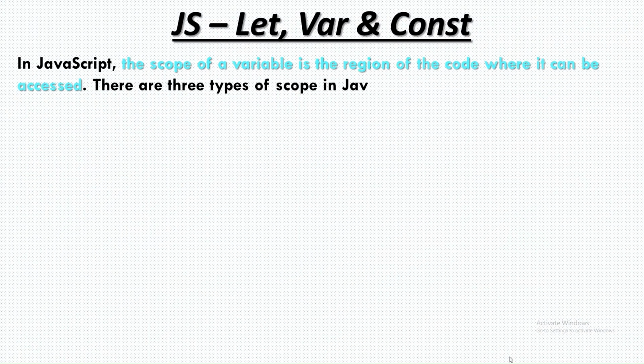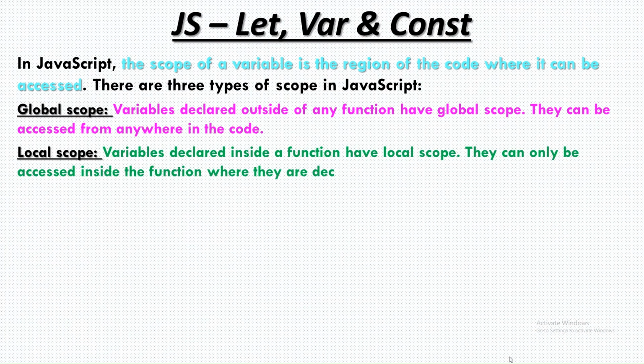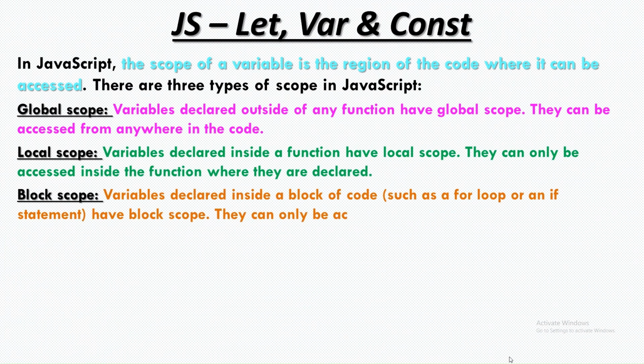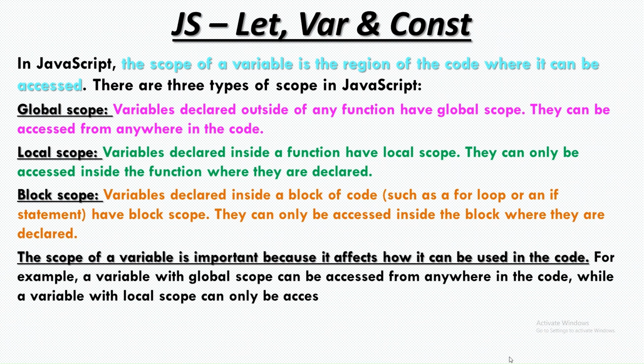Now, in JavaScript, the scope of a variable is the region of the code where it can be accessed. There are three types of scope in JavaScript: global scope, local scope, and block scope. So, global scope: variables declared outside of any function have global scope. They can be accessed from anywhere